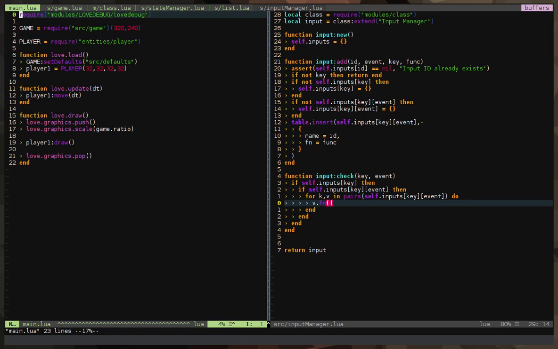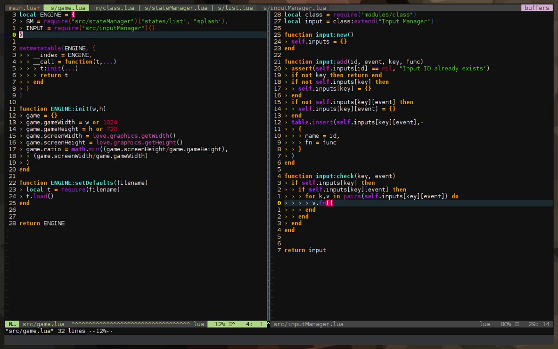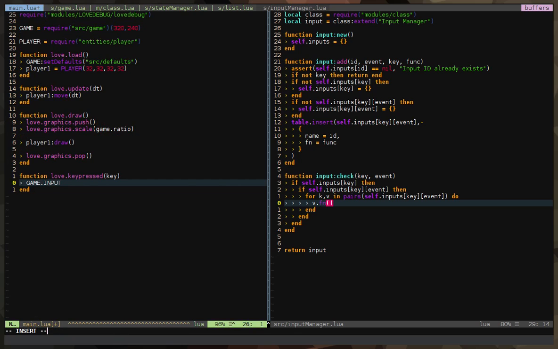So now in our main.lua, let's say love.keypressed, and then key, and then game.input:check, and then we need the key, and then the event, which is keypressed. I don't know what's happening with my Vim.